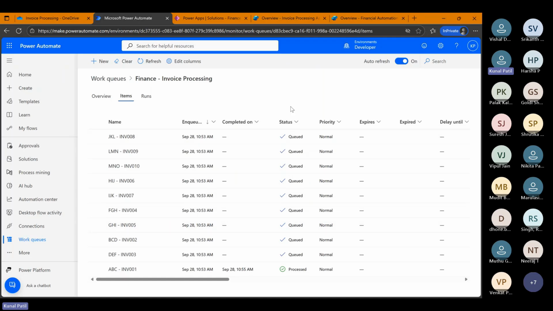In some cases, it will validate. In some cases I purposefully placed a failing validation so that it will look like this. See, few are in business exception, few are processed, and few will be generic exceptions, like where your invoice amount cannot be zero. So like this,